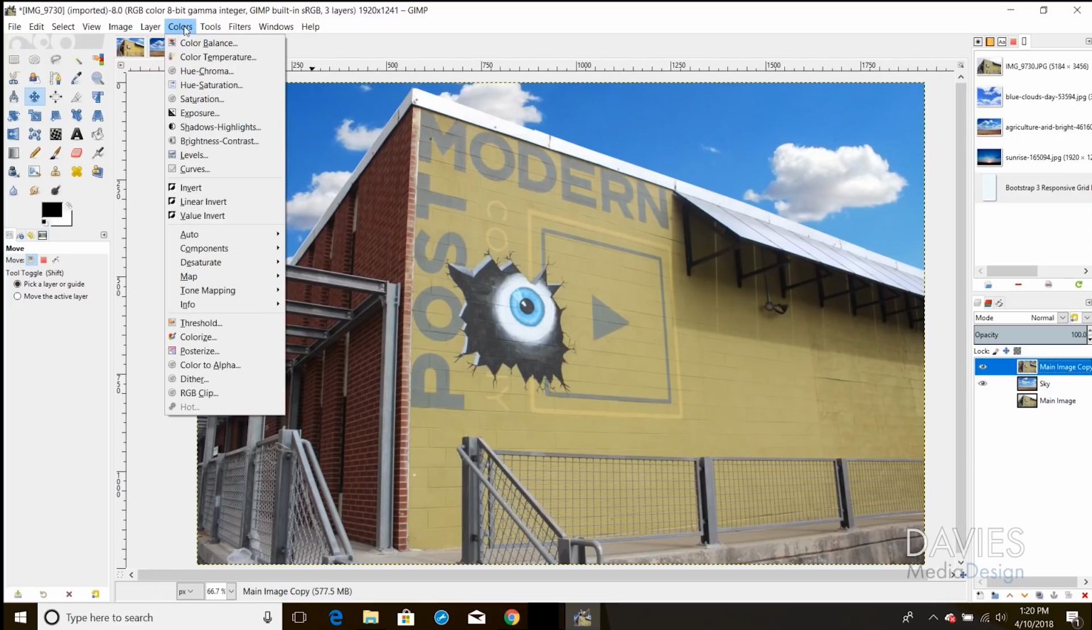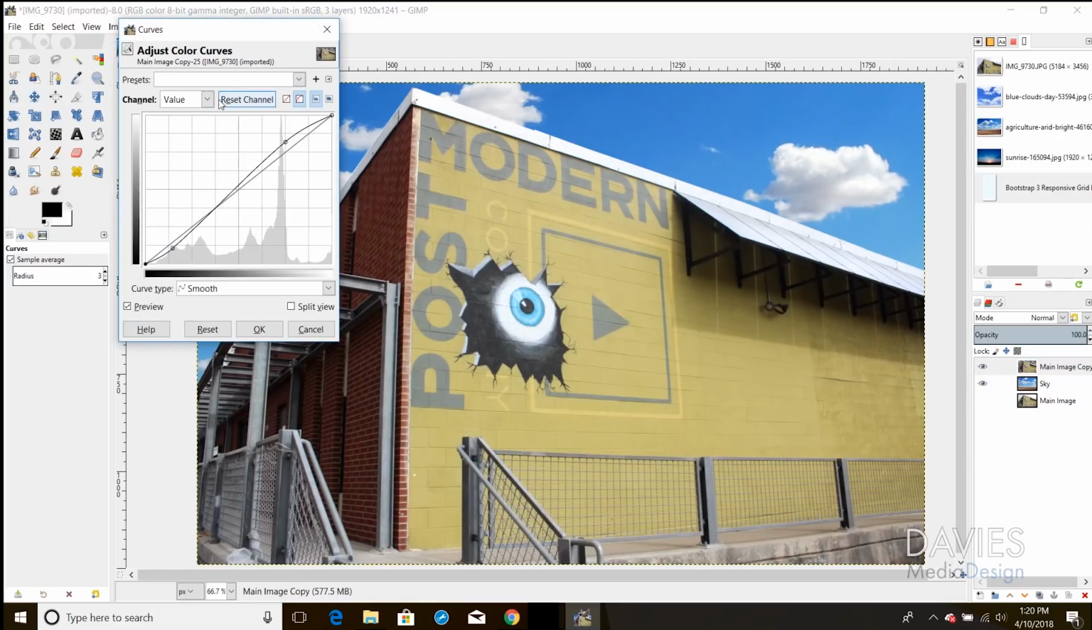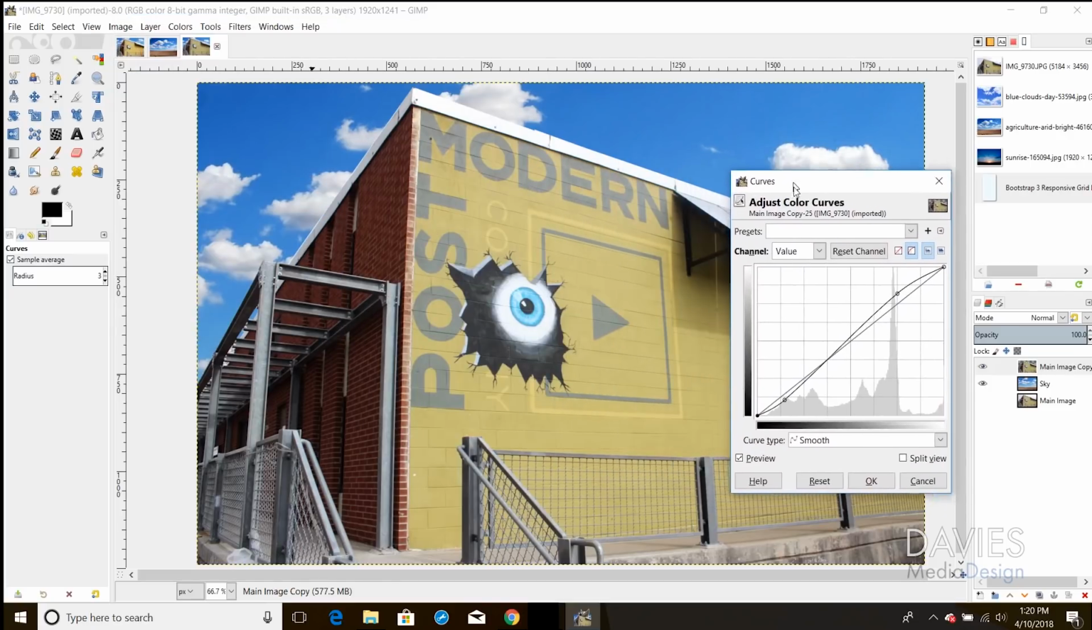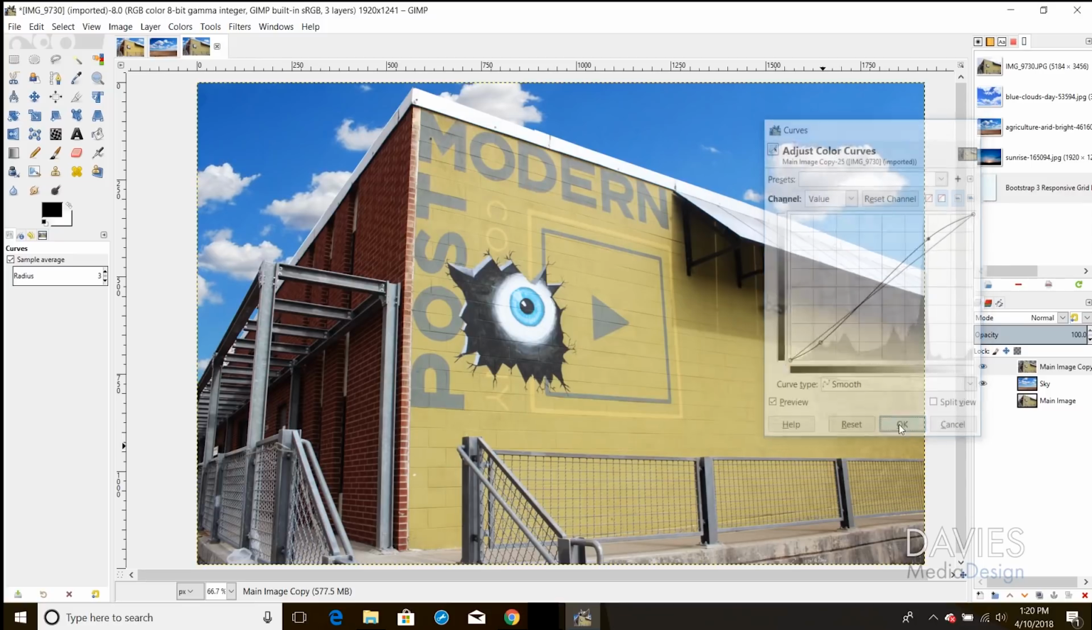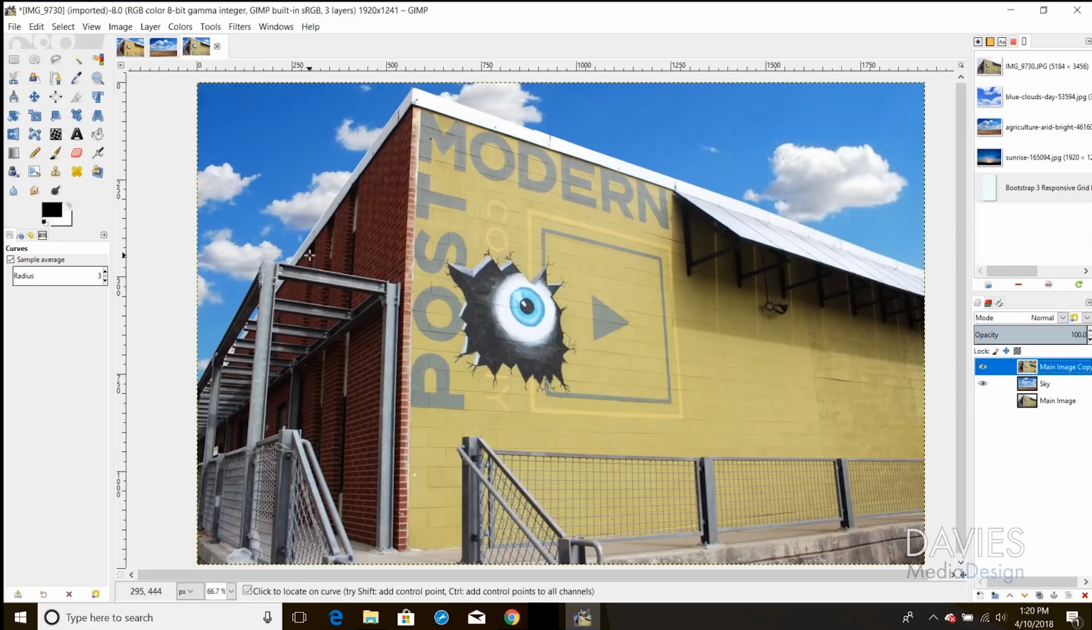And so I'll start by going to Colors, Curves, and I've just made some adjustments here to my curves to add some contrast to the image and brighten it up a little bit so you can see it before and after. And all I did was create points on the curve here, and then drag this part of the curve down, and then drag this part of the curve up a little bit, and that creates an S curve. Now go ahead and click OK, and that's looking a little better, but now we want to just adjust the